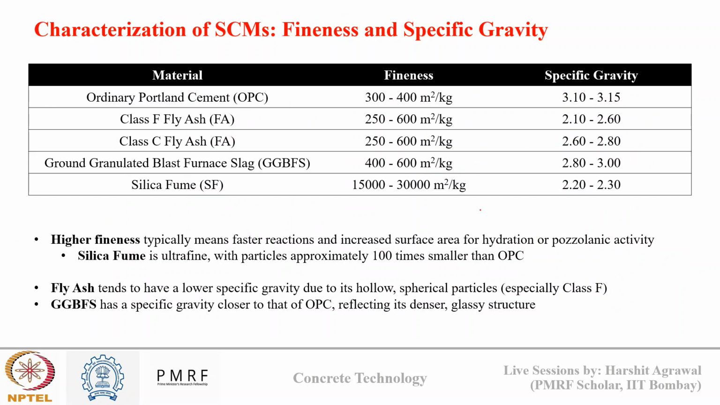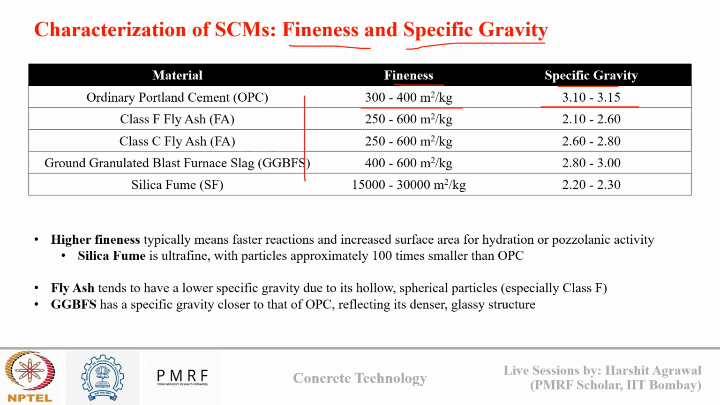So the effect of microstructure and size can be quantified in terms of specific gravity and fineness. Whatever you have seen now can be quantified in terms of specific gravity and fineness. In this table, you can see different materials, their fineness and their specific gravity. For OPC, fineness is in the range of 300 to 400, and specific gravity is in the range of 3.1 to 3.15. For Class C and Class F fly ash,